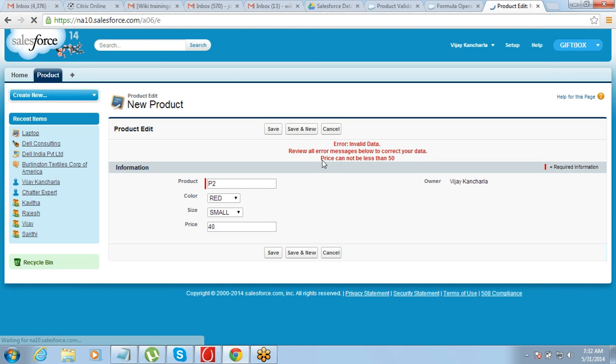See, it throws this error. I put a price which was less than 50. It did not save the record and it shows me this error. Price cannot be less than 50. Invalid data. So which means the data is not valid.